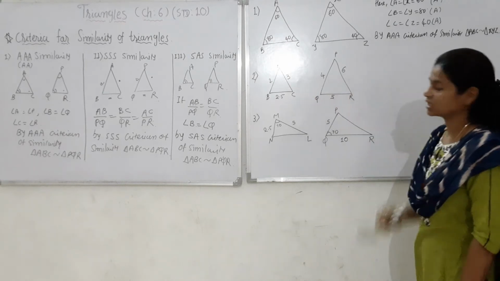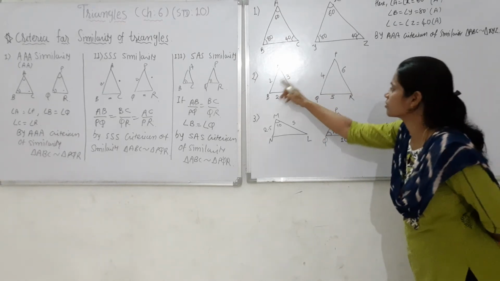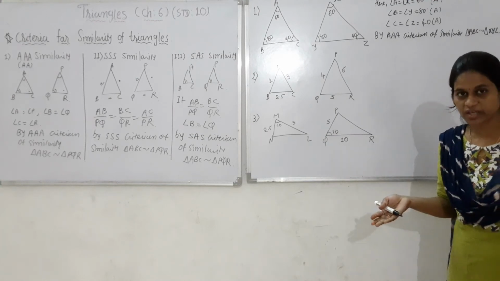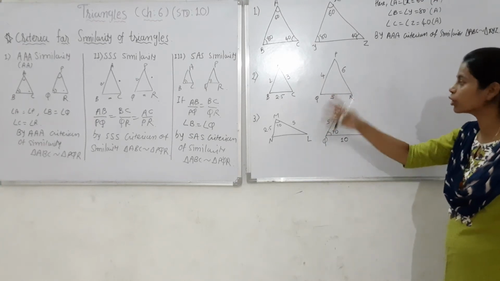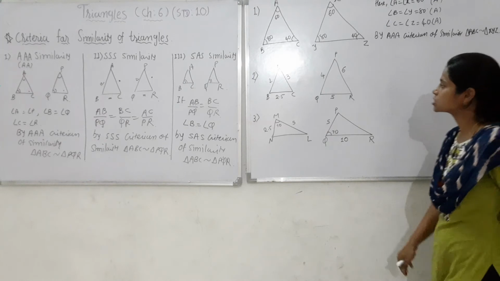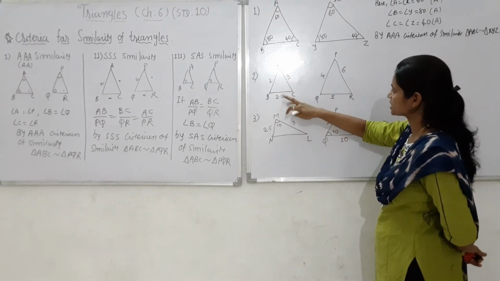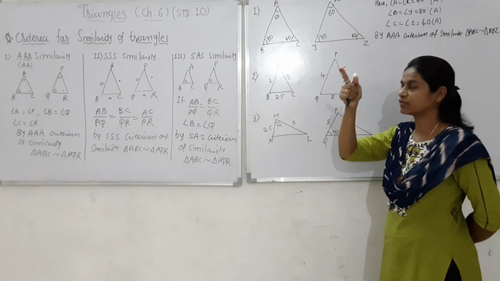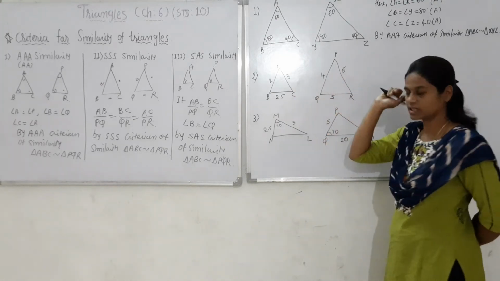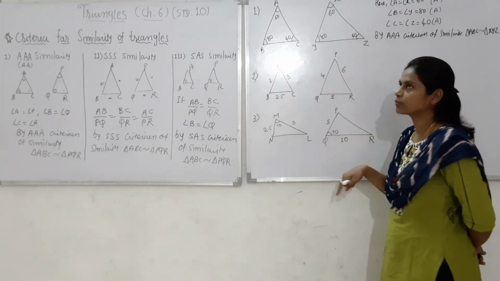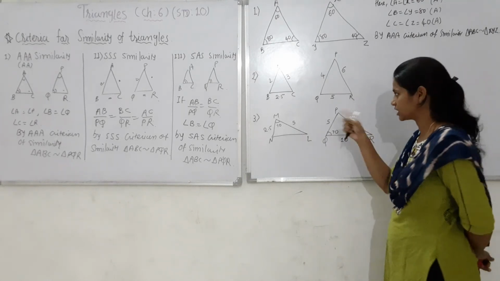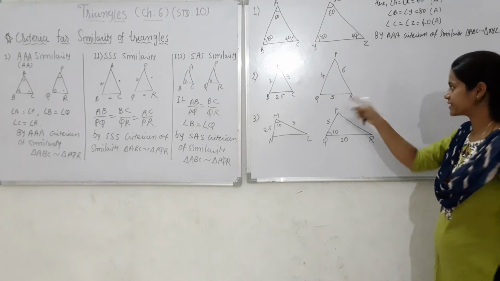Now, in the second question, you have information about the sides. Check which corresponding sides' ratios are equal because you don't know about the angles. So first of all, check which correspondence is possible here. 2 upon 4, so it is 1 by 2. 3 upon 6, it is 1 by 2. 2.5 upon 5, that means 25 upon 50. So 25 to 50. Yes, all corresponding sides give the same ratio here.